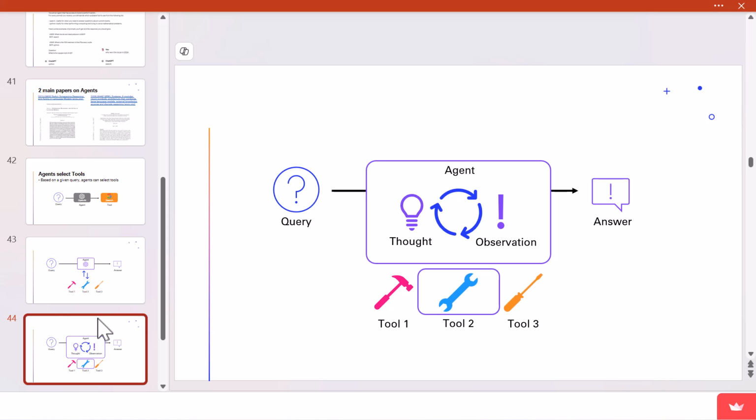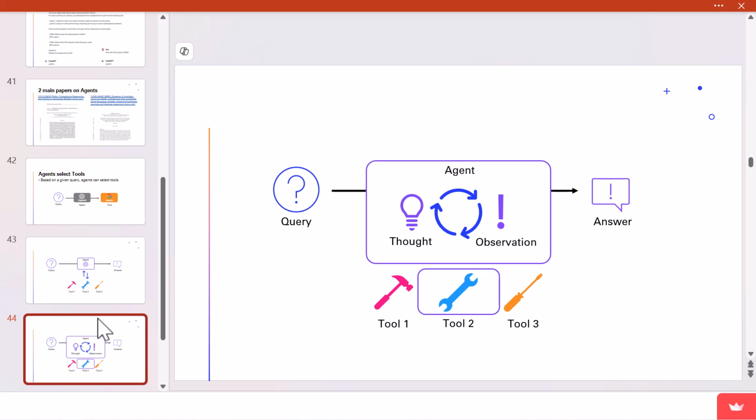They will start by thinking, okay, based on the query, I'm going to start reasoning about what I need in order to answer this question. Then I'm going to look up the list of tools that I have available, tool 1, 2, or 3, and then I'm going to create an observation, which is, okay, I'm going to need to use tool number 2.